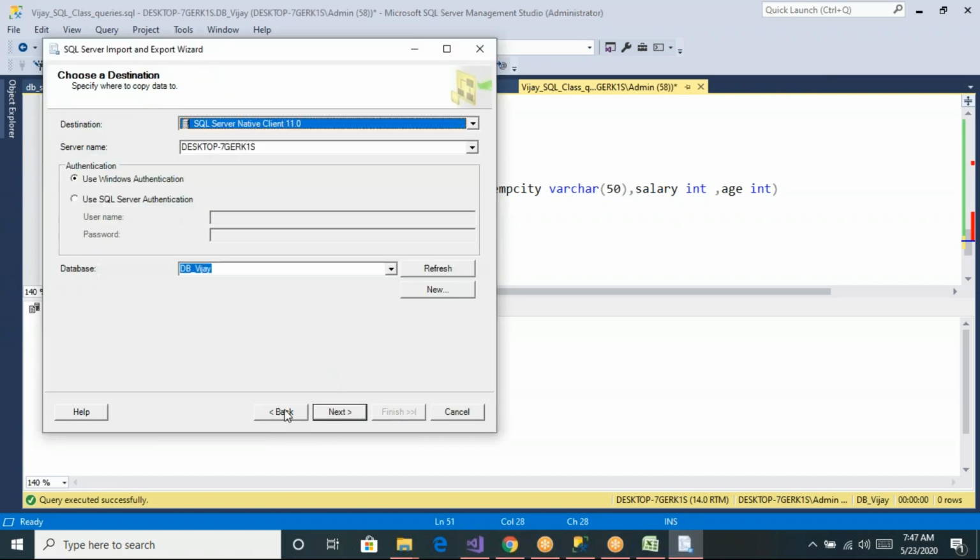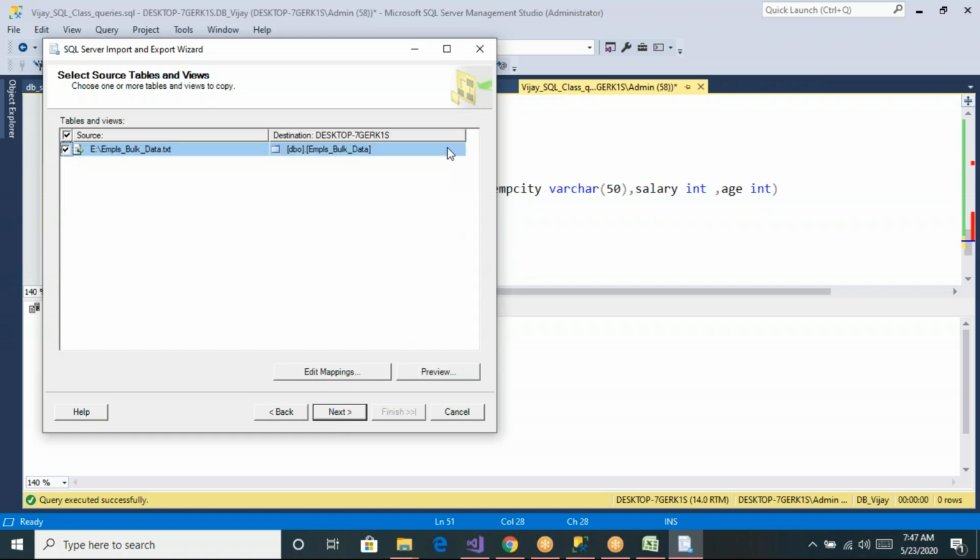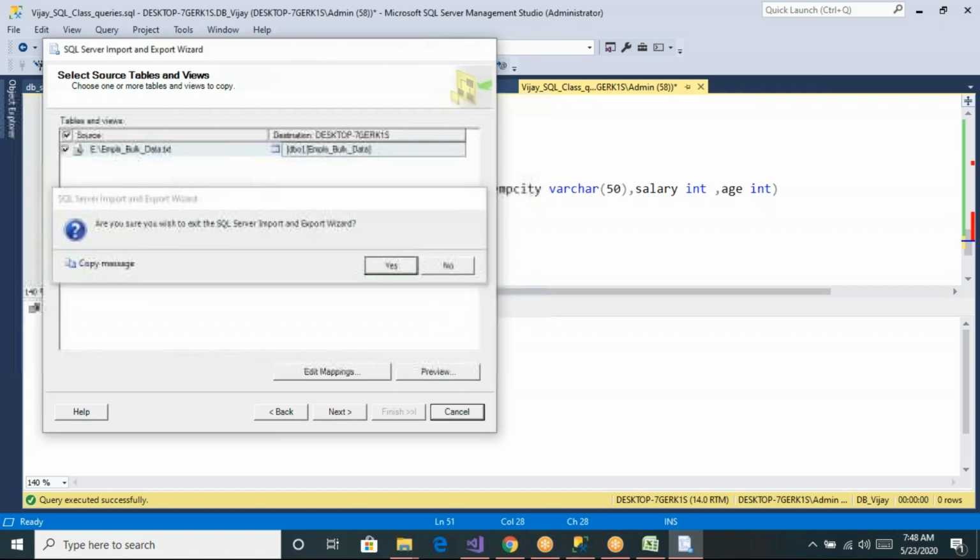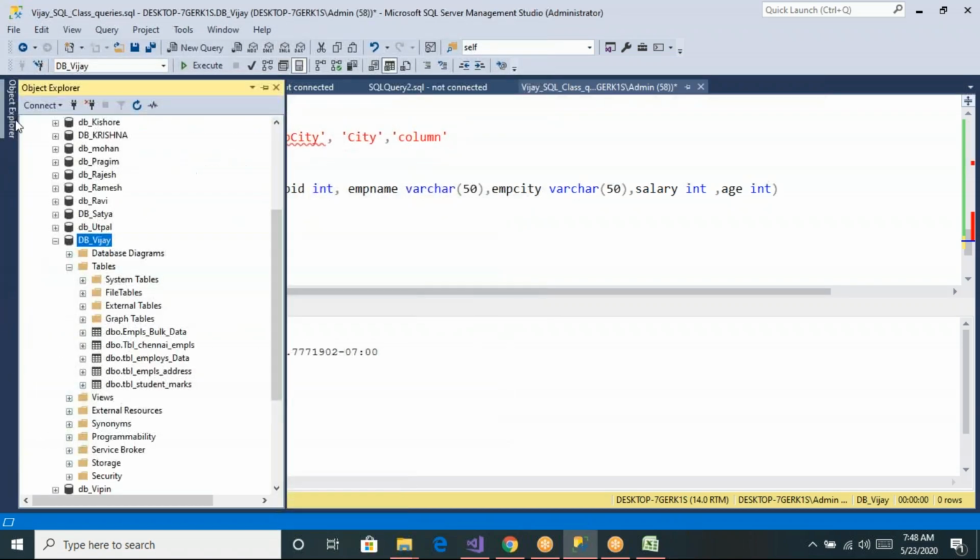Let me go back. Now let me click on next. Now you can see we have created one employees info table. Does the table come up here? Employees info, it's not there. So let me start from the first. Let me refresh,